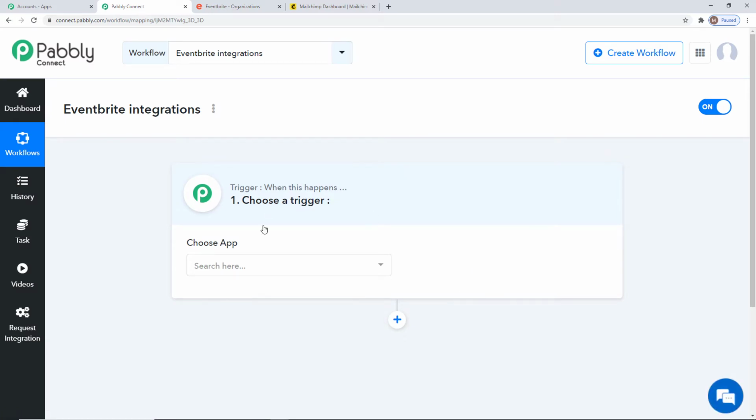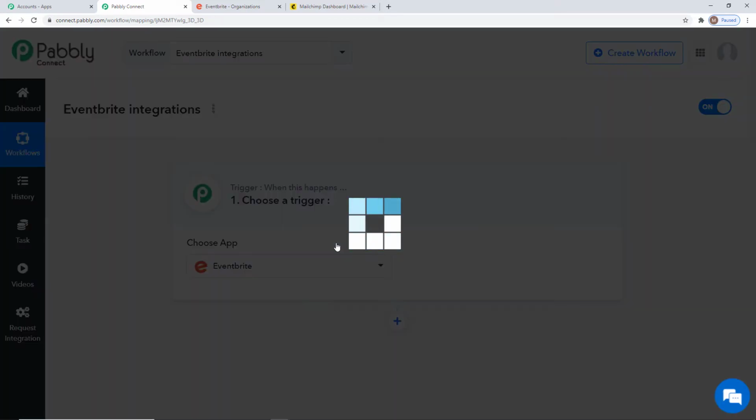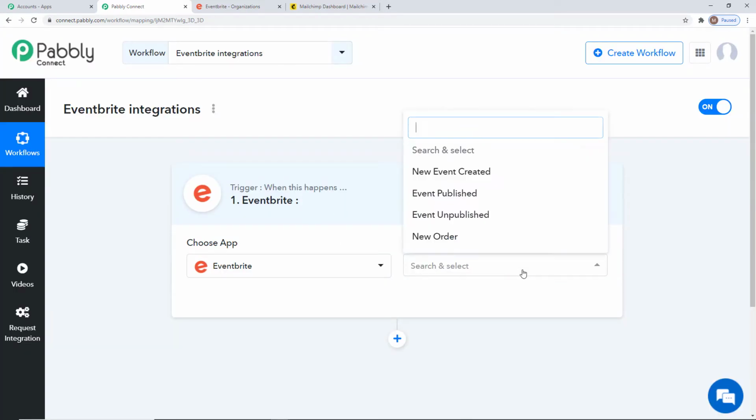Okay, so now here in Choose App, first I am going to choose Eventbrite. Now in trigger event, according to our workflow, new order will be our trigger event because we want to capture the response whenever a new order is created in Eventbrite. You can see we have various other trigger events available. You can select whichever trigger event you want according to your choice, and if you don't get the trigger event of your choice, you can contact our team at admin@pabbly.com and our team will help you. So now I am going to click on new order because this is our trigger event over here.